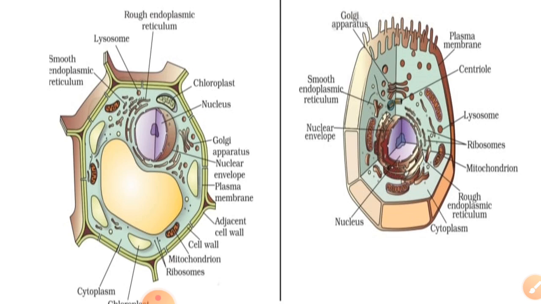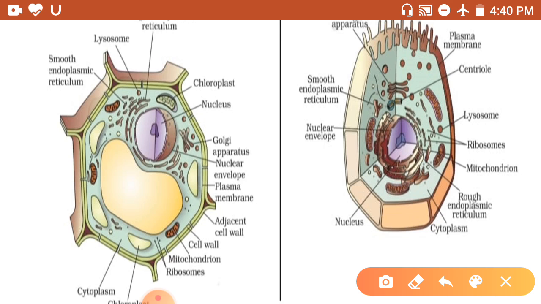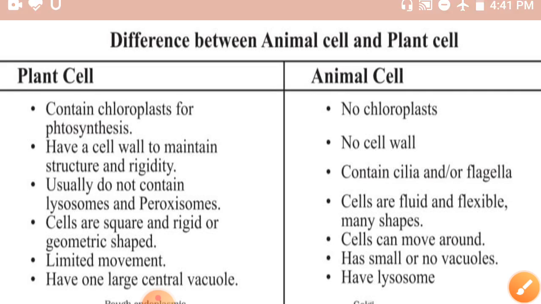Now what you see on your screen, tell me. Yes, plant cell and animal cell. Now tell me which one is the plant cell and which one is the animal cell. You already learned about plant cell and animal cell in the lower classes also. Very good. This is the plant cell and this is the animal cell. So this is the structural difference between the plant cell and animal cell. But here we can see in the next slide, we can differentiate the plant cell and animal cell.